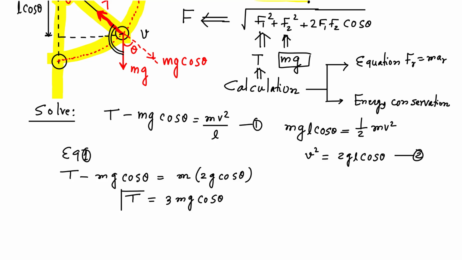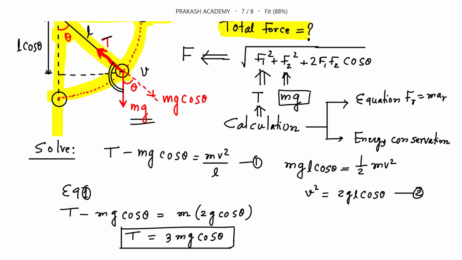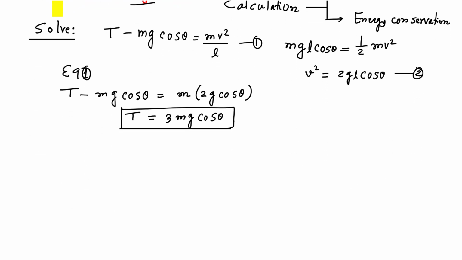So now I know tension, and another force is mg that is acting in this direction. So mg is acting in this direction and tension is acting in this direction. Now we can basically take the resultant. And this angle is how much? This angle will be pi minus theta. So the angle between these two is pi minus theta. So let us find the resultant force. F will be,